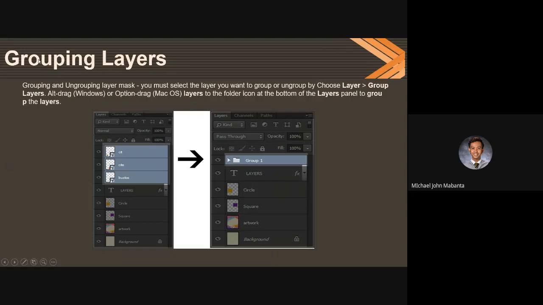And the next natin is grouping layers. Grouping and ungrouping layer mask. You must select the layer you want to group or ungroup by choose layer, group layers, alt drag para kay Windows or option drag para kay Mac OS. Layers to the folder icon at the bottom of the layer panel, you group the layers. So ayan,